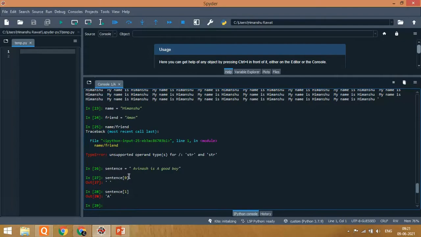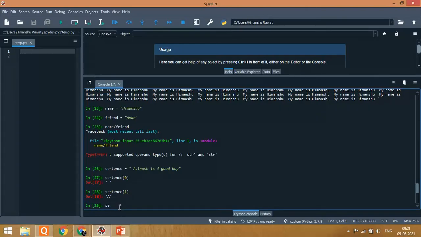Suppose I want to get the complete name Avinash, then we count 0, 1, 2, 3, 4, 5, 6, 7. But I will not write 7 because the last value is not counted by Python. If we want to get the complete name Avinash, then I need to type 0 to 8.